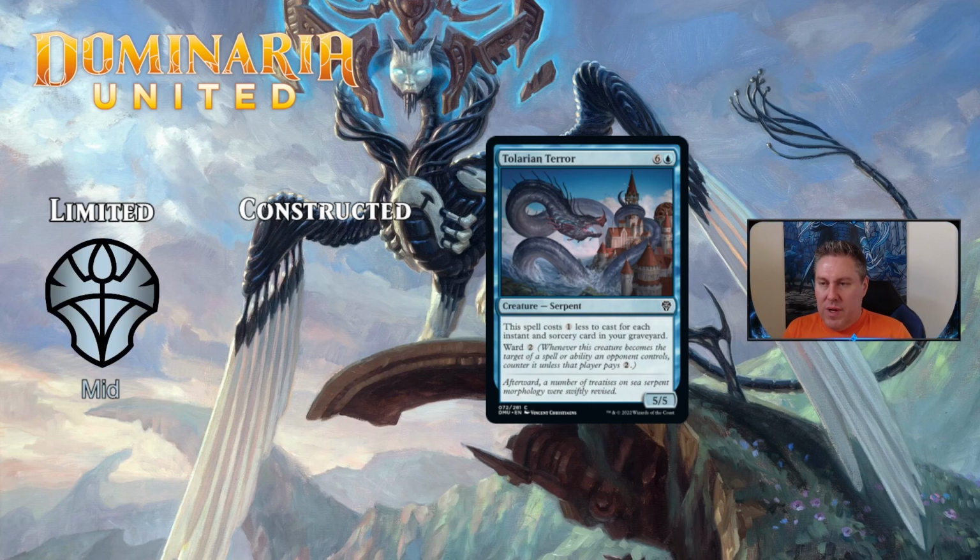I'm going to go ahead and give it a mid rating for limited. If you get enough instants and sorceries in your deck, you'll be able to cast this for pretty cheap. Maybe end up casting it for 2 and a blue, 3 and a blue. That's still pretty good for a 5/5 body and ward 2. And if you're lucky, just cast it for 1 blue late in the late game. So I think that's pretty decent for it. It's a decent card, decent body. Ideal card for mid to late game against your opponents, and the fact that it has the ward triggered ability,